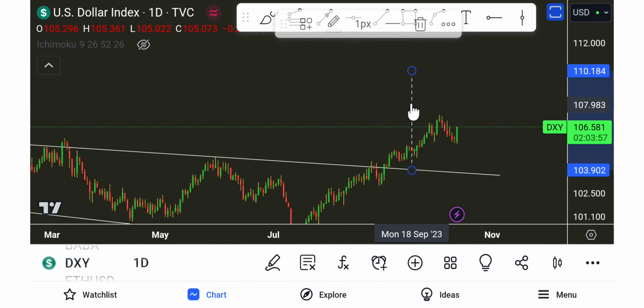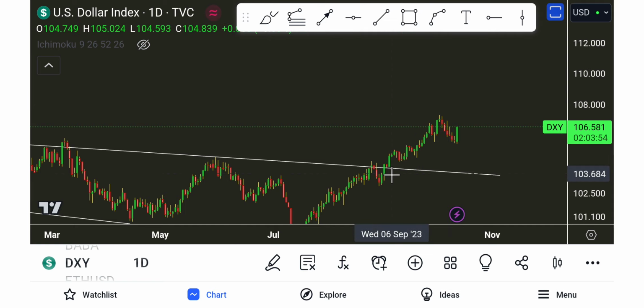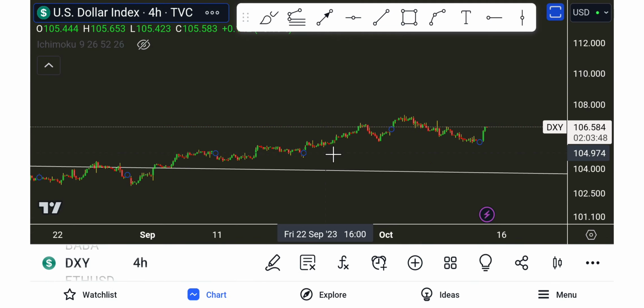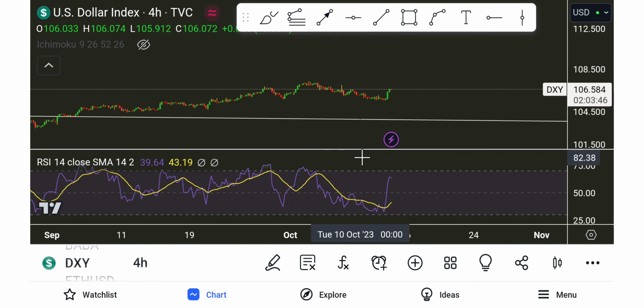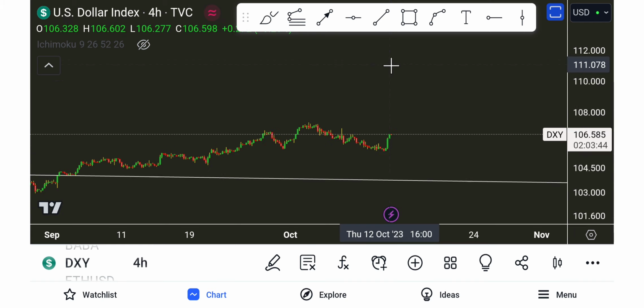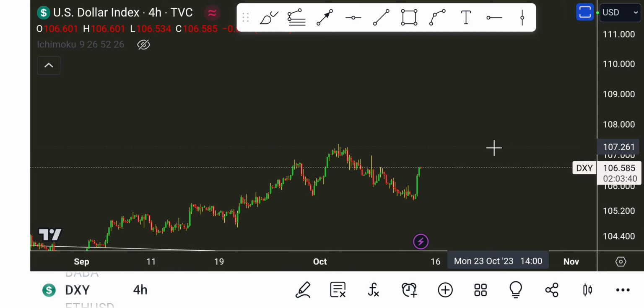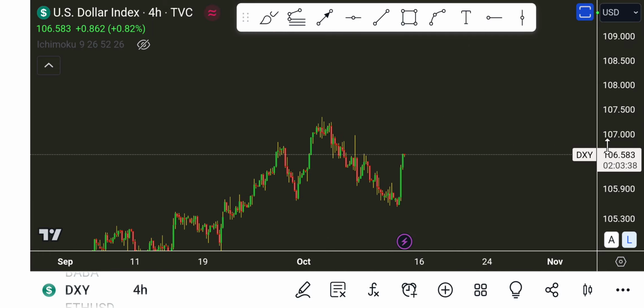Let me remove this. So let's use the 4 hours time frame, because earlier today I was looking at some moves on the XY. So let me use the full screen here so that you guys will see what I'm doing. Okay,